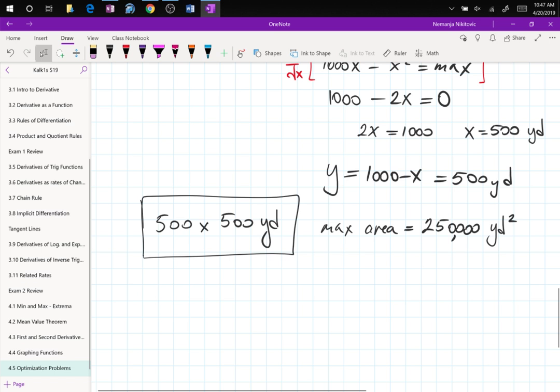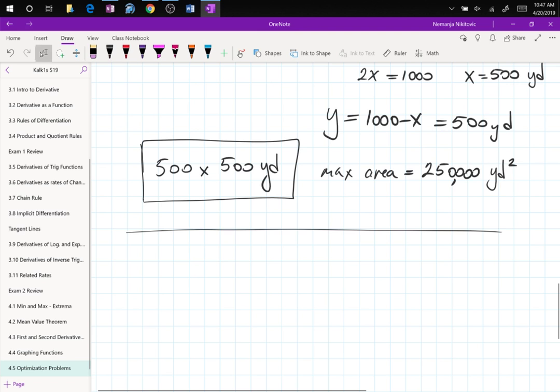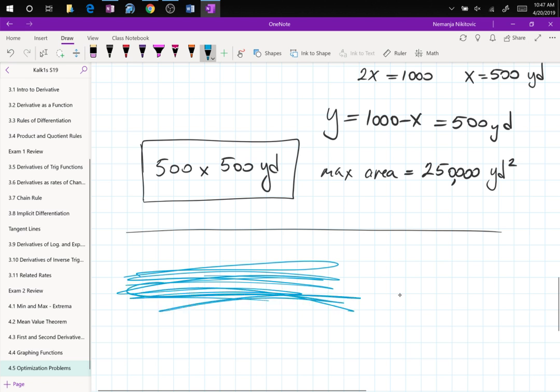Now we get to modify this. The previous problem was 6 and 6 to give us 36. Now it's 500 and 500. Is it always a square? No. It depends on the geometry of the problem. So now, if I have a river,